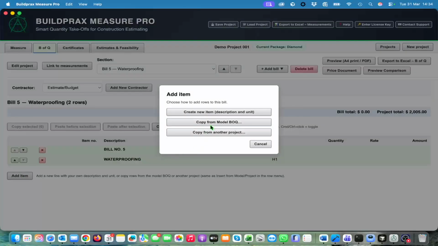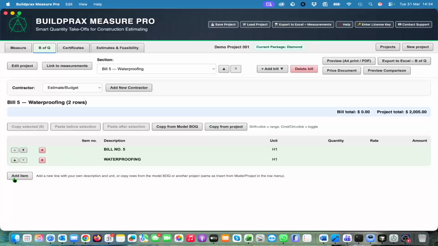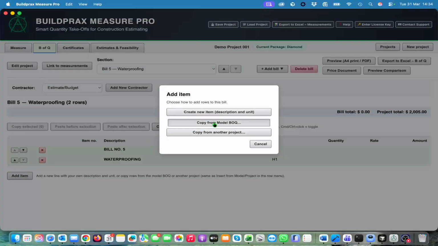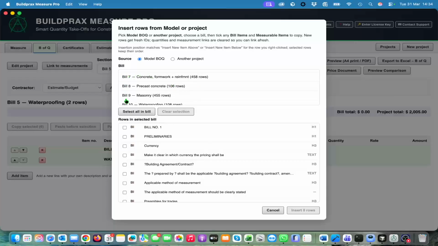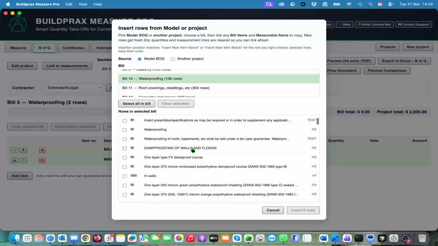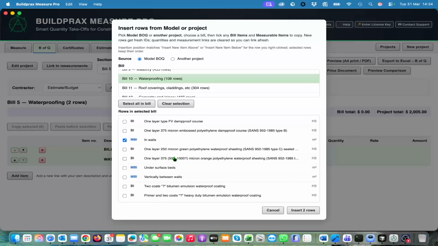And add an item. We can copy this now from another, or you create your own one, which will just go like that, or you add an item from the model bill of quantities. The model bill of quantities has virtually thousands and thousands of items to choose from. It's got 27 bills or trades, if you want to call it like that. We have said now in waterproofing, and there's some notes, and we say we want to copy that one in walls, and